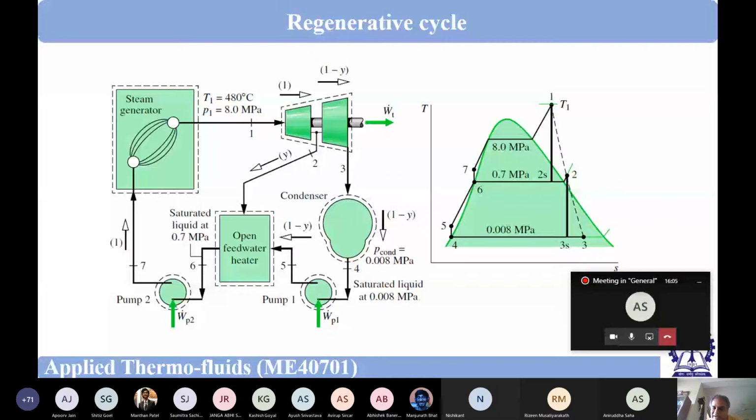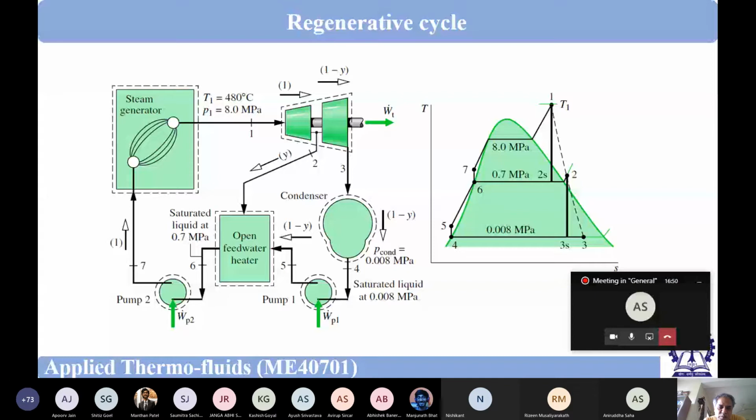We have already said that for reheat, generally we do one reheat. In very rare cases, if it is a very high pressure boiler, then we do two reheat, only two reheat, very, very rarely in case of a subcritical power plant. But for regenerative feed heating, we have a large number of regenerative feed water heaters in a practical power plant. It could be 8, 10, even sometimes more than 10. 6, 8, 10, these numbers are quite common, even more than 10 is common.